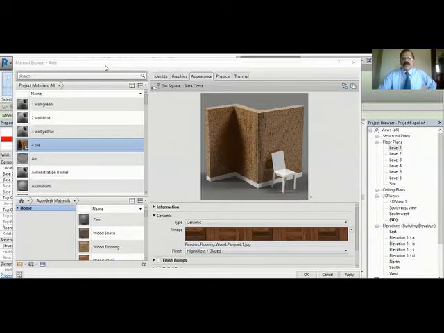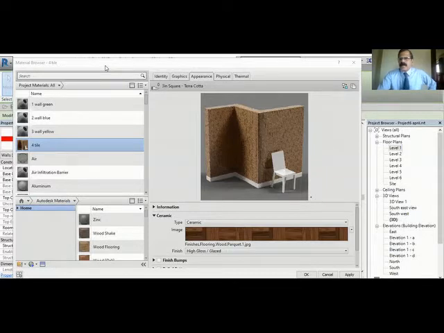I will go to images. I will say here tiles image. You can see different types of tiles are coming. You click here, image.